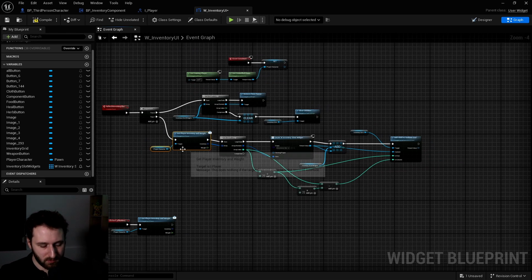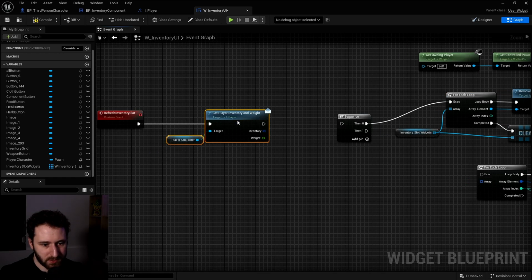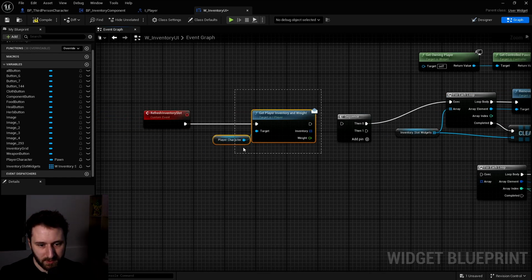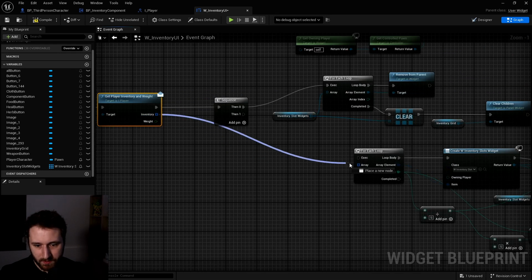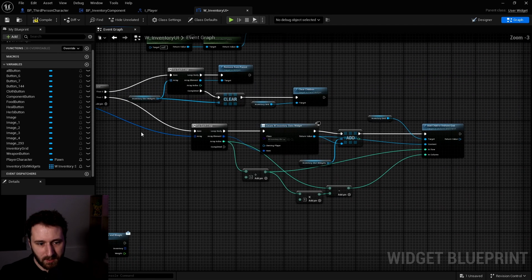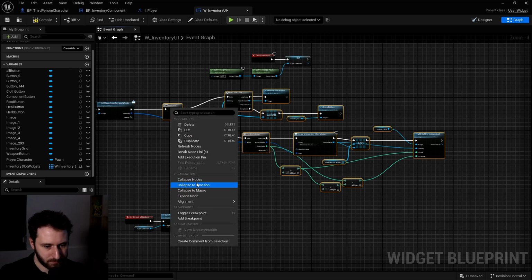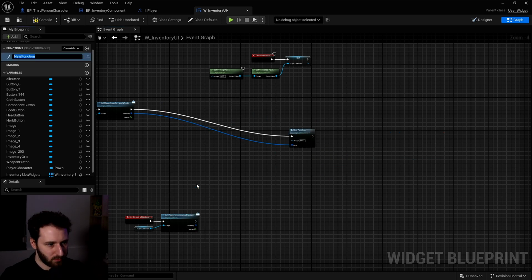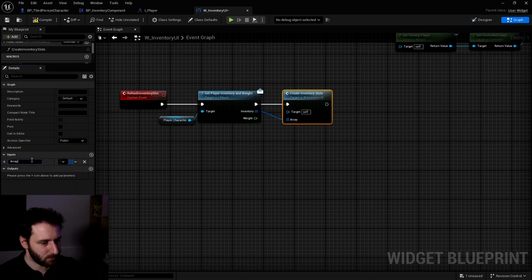So let's put everything into a function. We are just going to move this in here. So to refresh all of the inventory slots, we will get the player inventory and weight and update this inventory like that. And now we can get all of this and put this into a function. So we collapse to a function and we'll call this create inventory slots. So we change the name. This will not be an array, it will be the inventory.